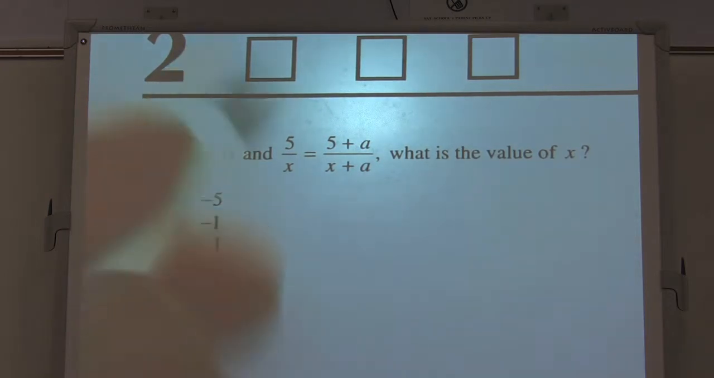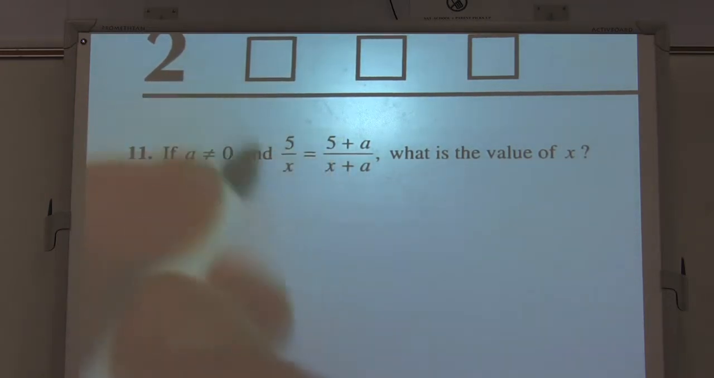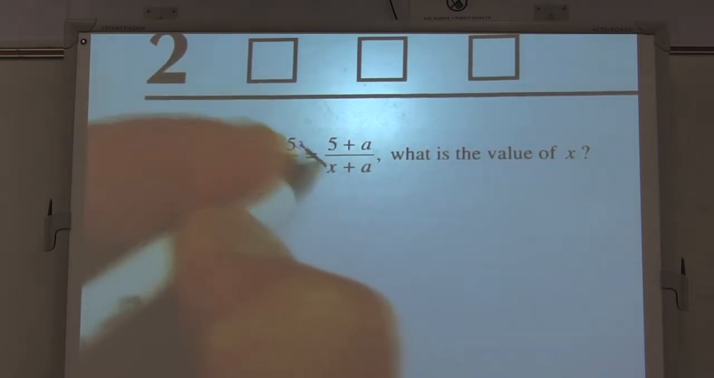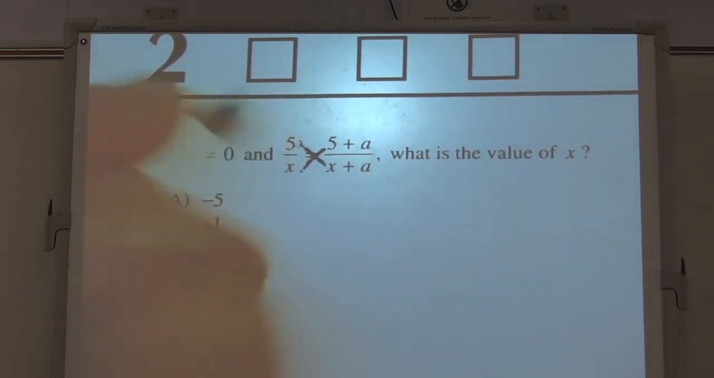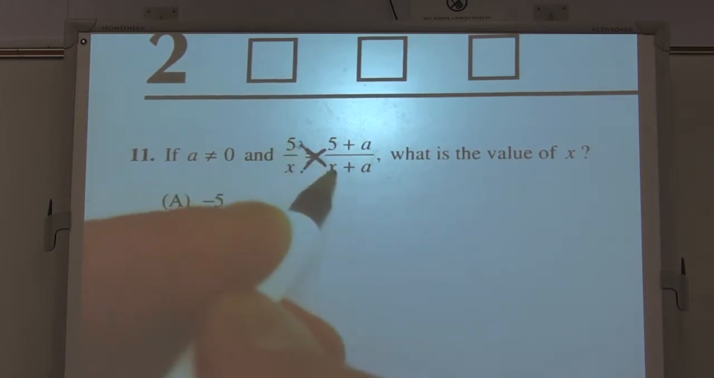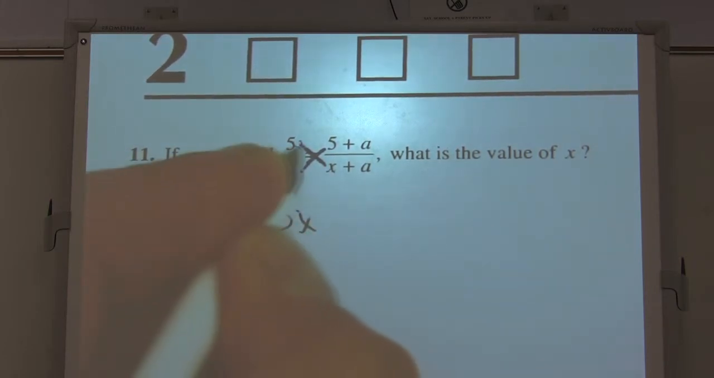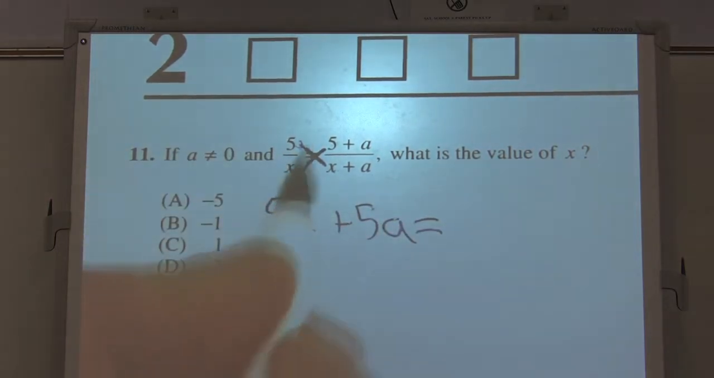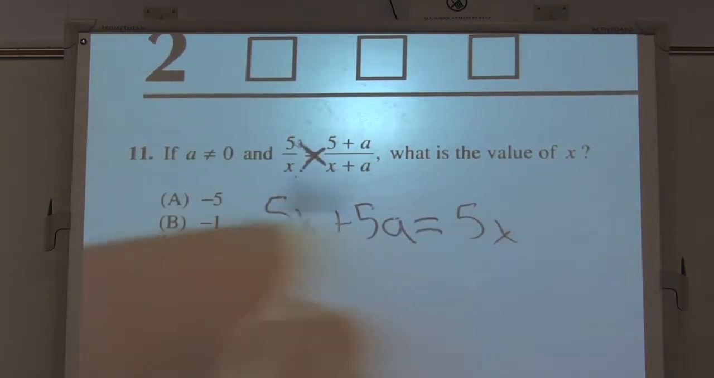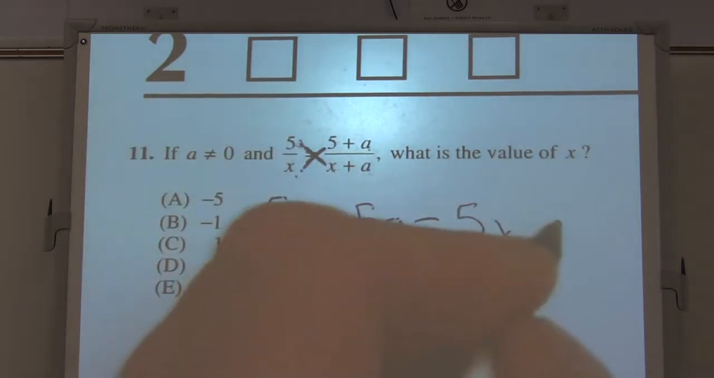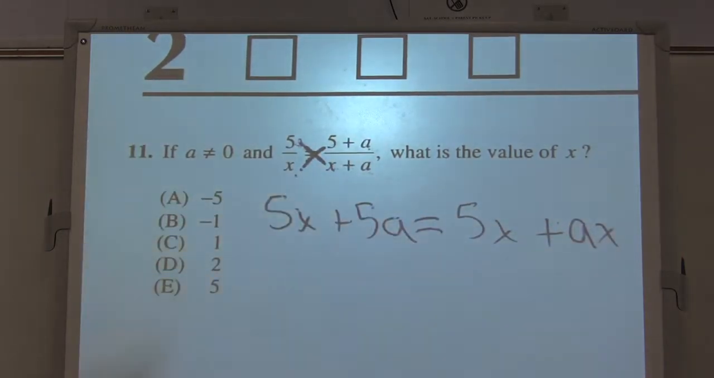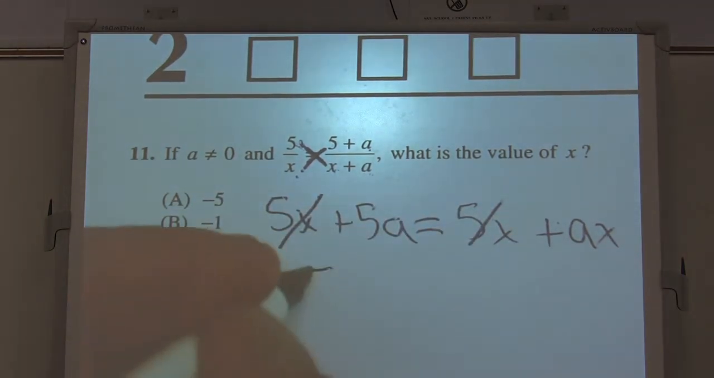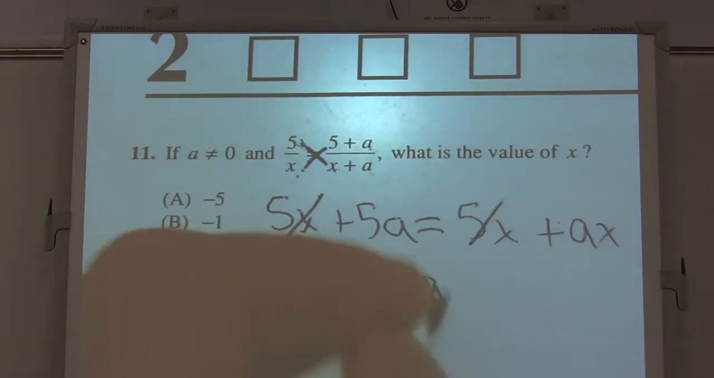of x? Okay, whenever I have a fraction equaling a fraction, I almost always do a procedure called cross multiplication. So this side, this times this equals this times this. So I'm going to go 5 times x is 5x, 5 times a is 5a, equals, and then this x times 5 is 5x, and then this x times a, I'll call it ax. And then the 5x's on both sides cancel each other out, and I'm left with 5a equals ax, and it